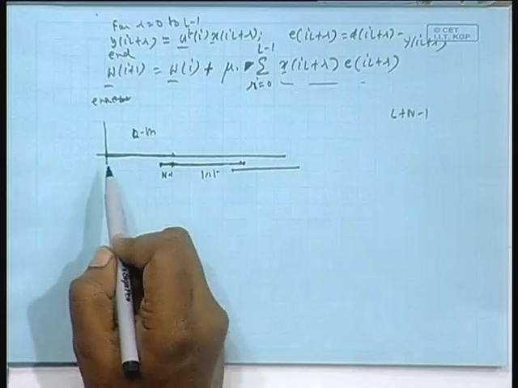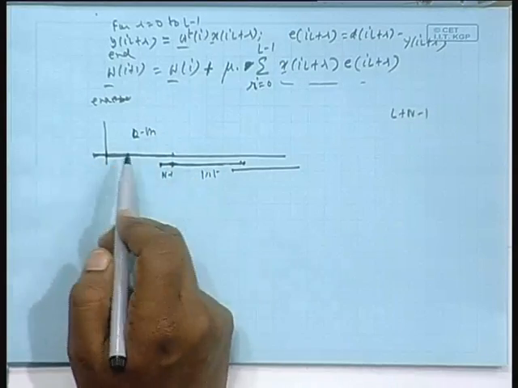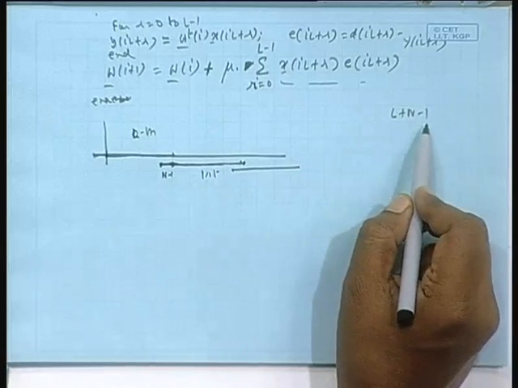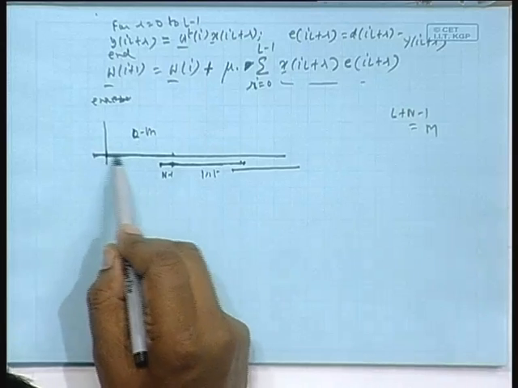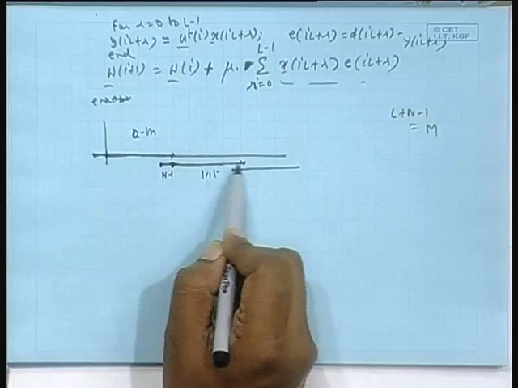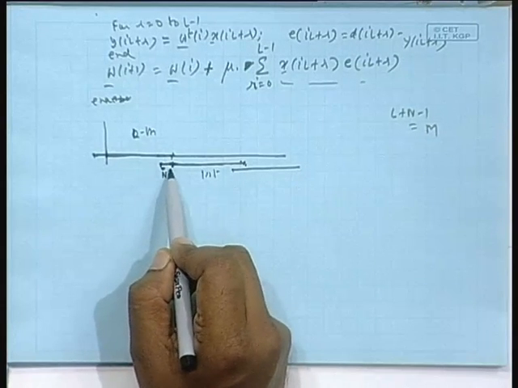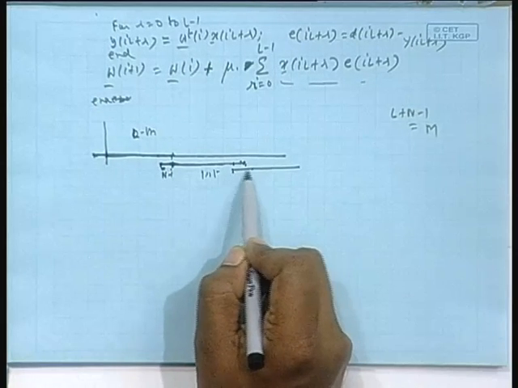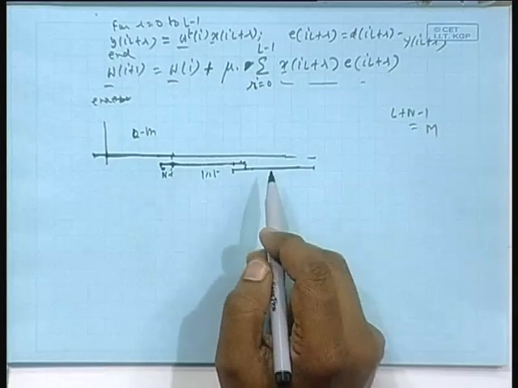For the first block you can assume some zeros here, because its length is L, no overlap portion, zeros here, that is okay. But for all intermediate blocks, length is L plus N minus 1, you can call that capital M. Then again it was starting here going up to L, I am appending the last N minus 1 data from the previous block. Then here also it was to start at 2L, but now I am taking the last N minus 1 data, from here it goes up to this. So on and so forth.